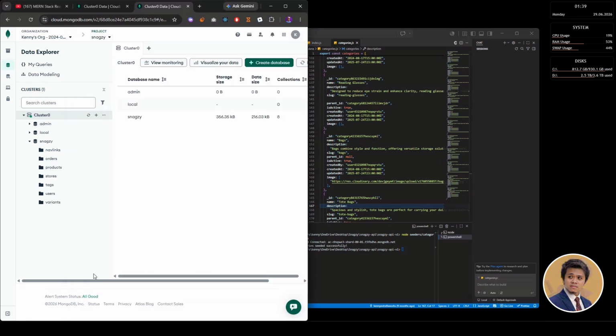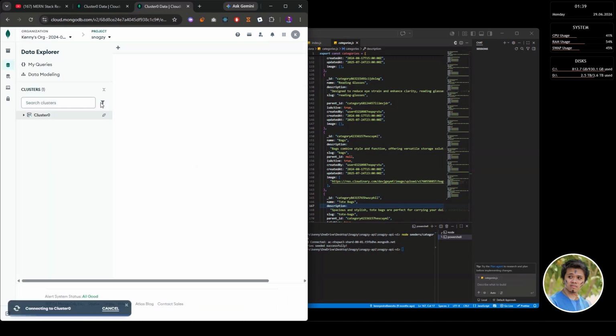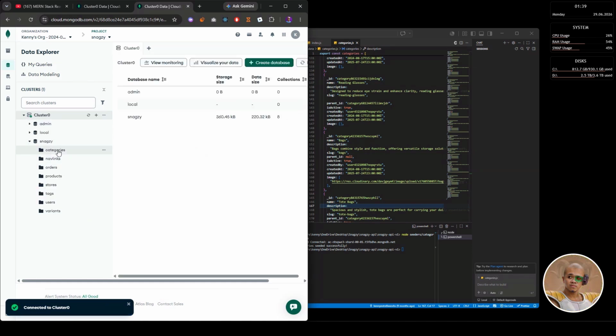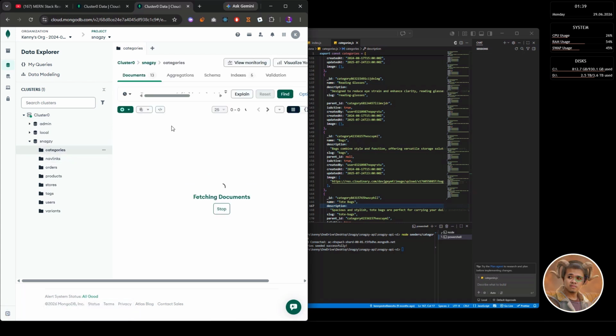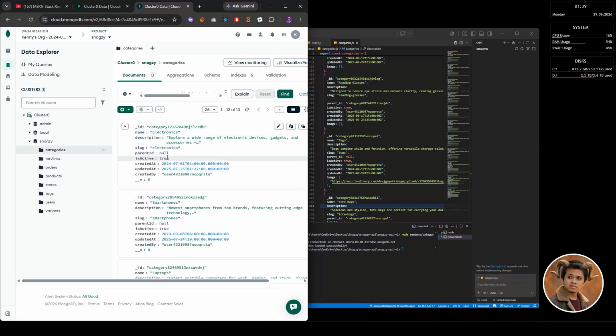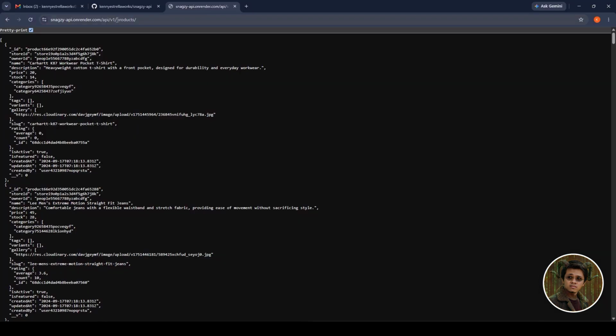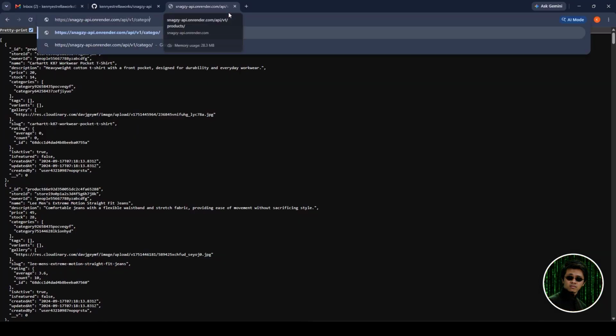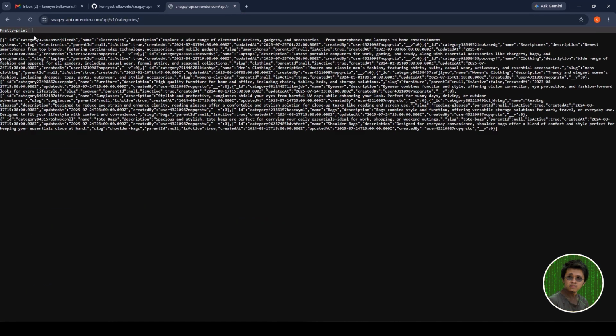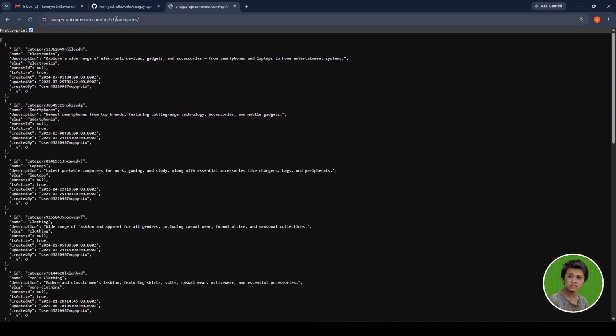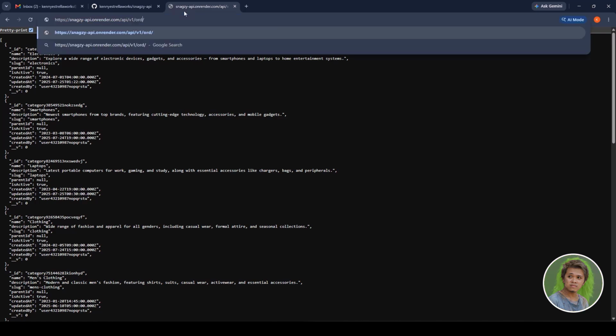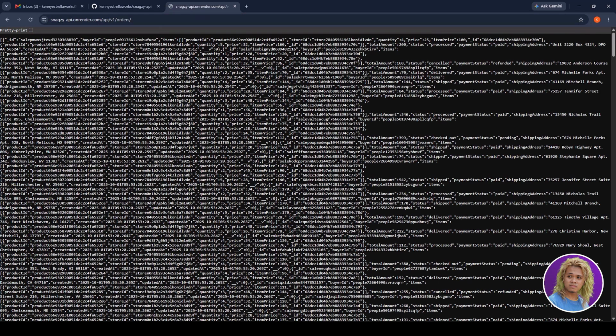Let's go back to the MongoDB dashboard, then refresh the page. Wait for a bit, we might be experiencing some lag. And now, when we check Snagsy, we can see the categories document is back again. This means that the seeder file works just fine. Now, let's try to request the categories. We can see that it still works. Next, let's try another one, let's say orders. We also get the response that we need.